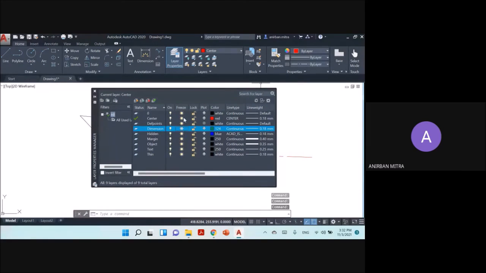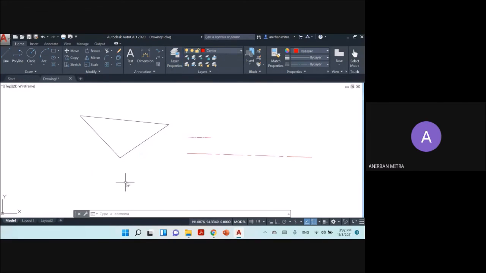So the two states here are called freeze and thaw. Freeze is shown by this icicle, this snow particle or something like that. And the thaw state is shown by this sun. So the natural state is this thaw state.